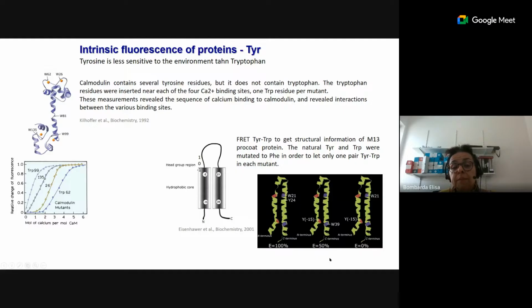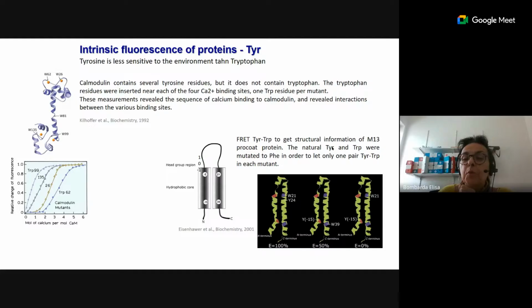And this is what was done in this work, for example, where there were some natural tyrosines and some natural tryptophans, but with some mutational study, tyrosine was substituted in one place and a tryptophan added in another one, so as to create a FRET pair